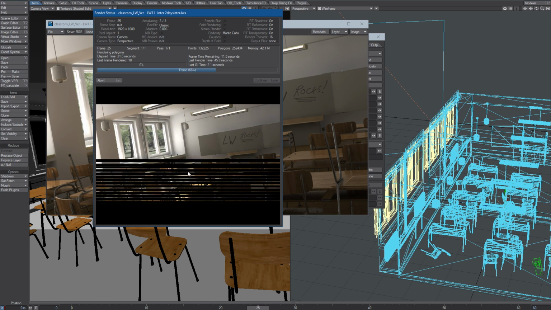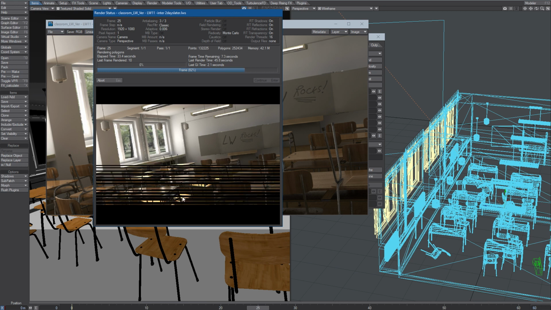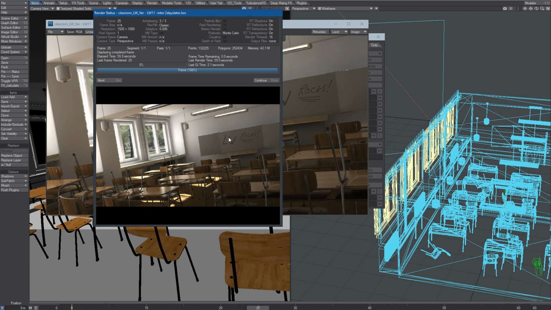And the reason why it stops here is because we actually got reflections going on. So these are blurred reflections, and that takes a long time to render, so that's why it kind of stops in this area. So that has nothing to do with the GI being slow. It's actually the reflections on top of the GI that is causing a slowdown. Okay, that was a bit slow. 55 seconds. Well, not that slow, but